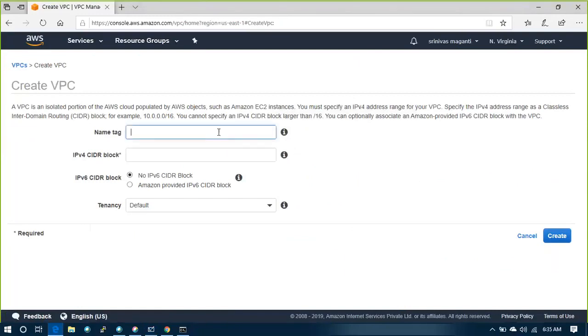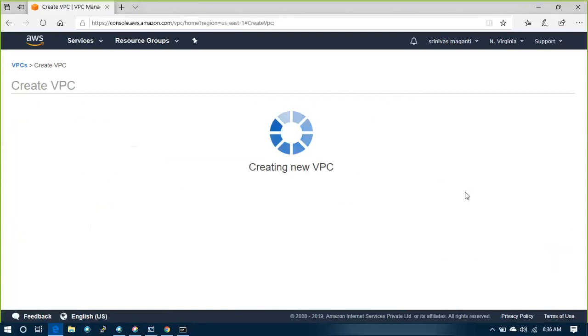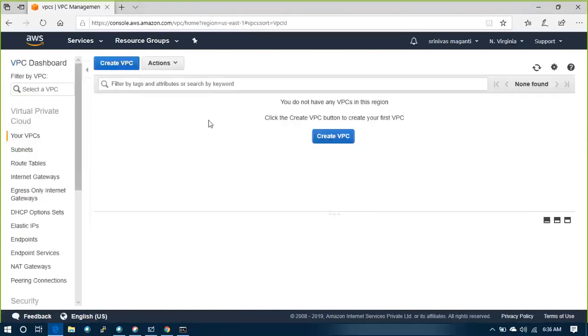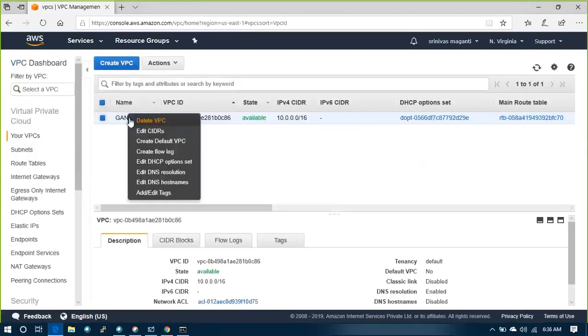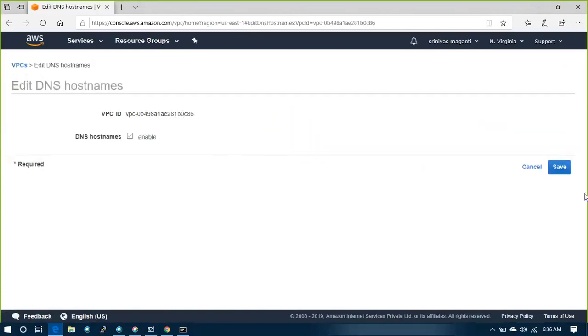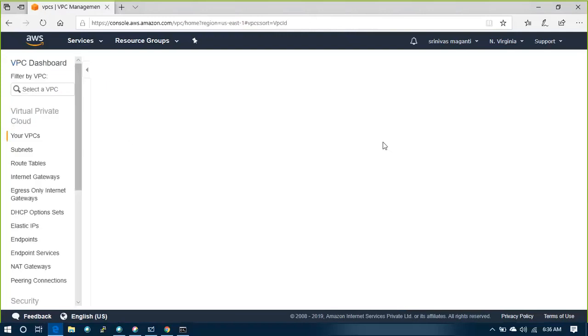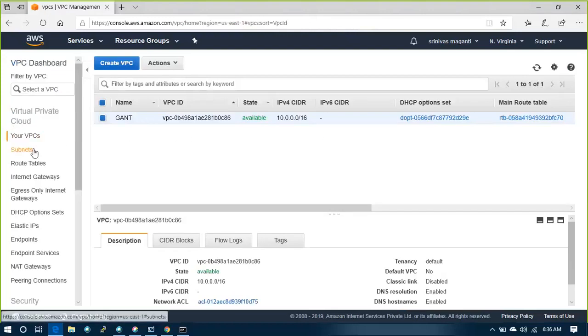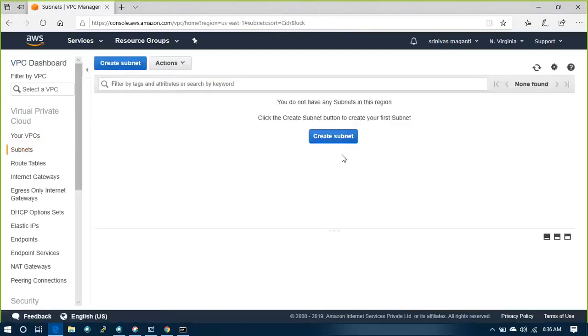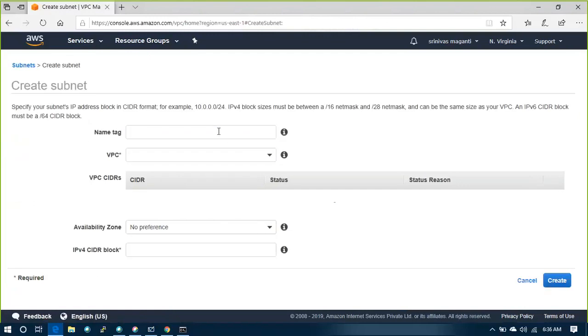What is VPC? Fine. Edit host names, enable DNS names, okay, close, and then go to subnets. I'll create a subnet.